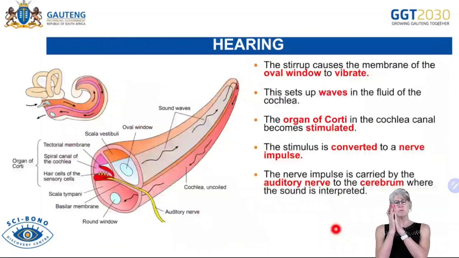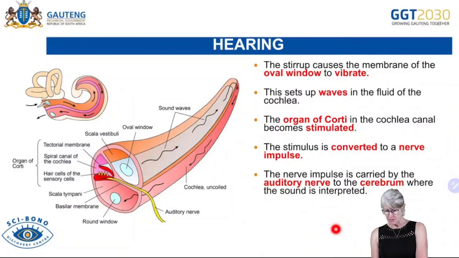So now the oval window starts to vibrate, and in the inner ear, remember, it's a series of canals that have fluid in it. And as soon as they start vibrating, they're going to cause waves in the fluid. Okay, so the stirrup causes the membrane of the oval window to vibrate, and that sets up waves in the fluid. And then the organ of Corti is found in the cochlea,